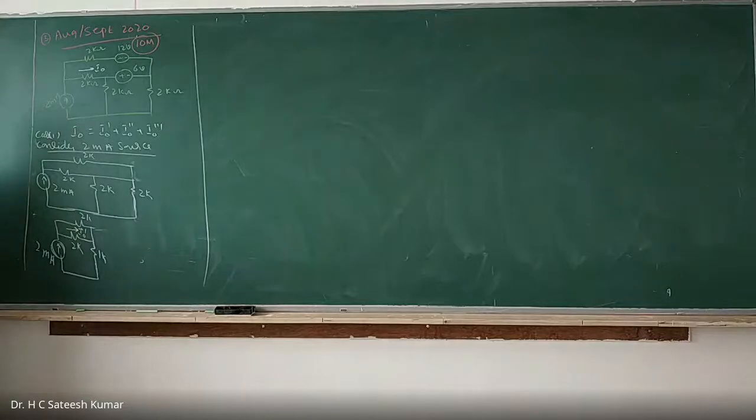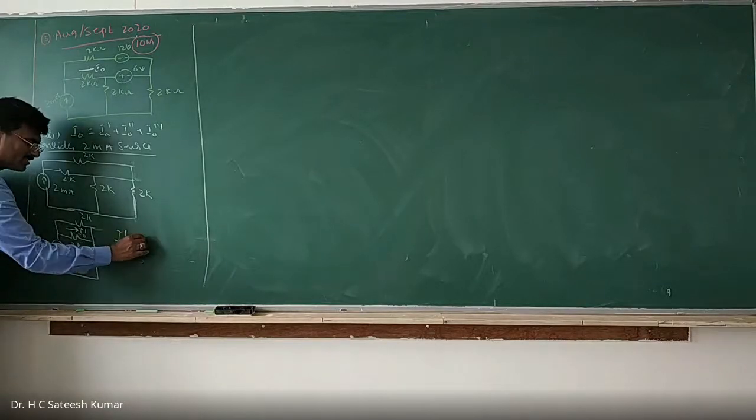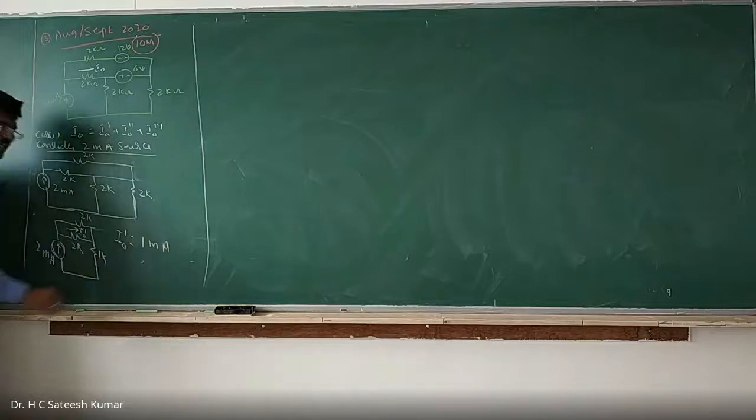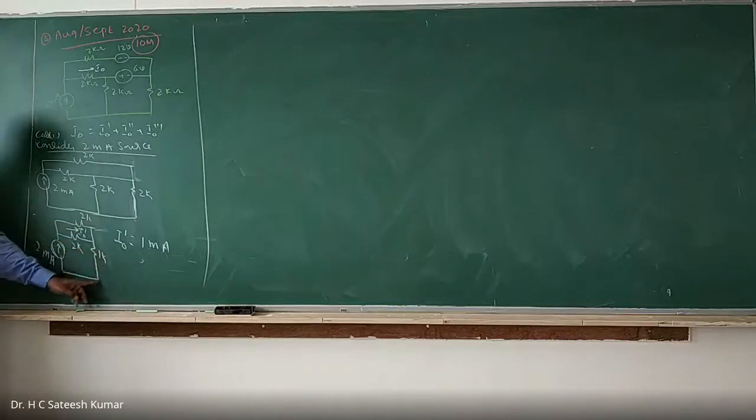Okay, right? Total current flowing through this one is 2 milliamps. Current divides equally in equal resistors. No need to apply any KVL, KCL, nothing doing. I naught dash directly, we know that I naught dash is equal to 1 milliamp. Directly we can write it, because if you want to write the explanation, you can write: current divides equally in equal resistors. 2K, 2 milliamps is there. 1 milliamp will go here, 1 milliamp will go here. Combined together, 2 milliamps will come here. So therefore, no need to give the explanation at all.